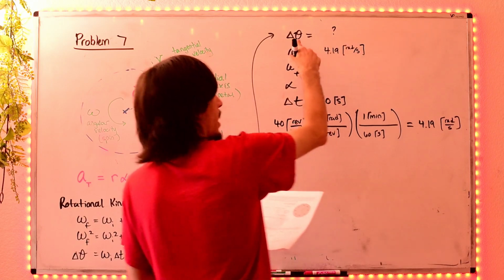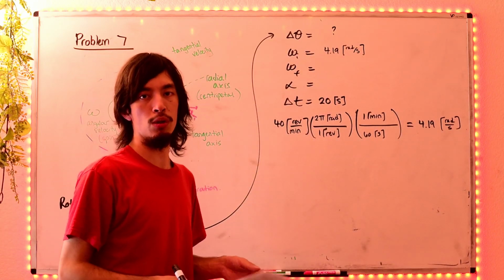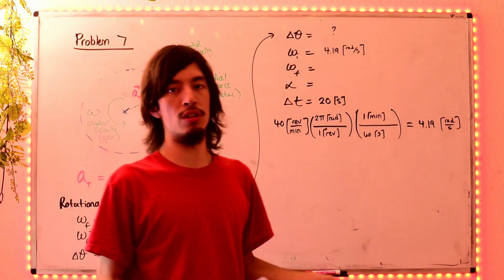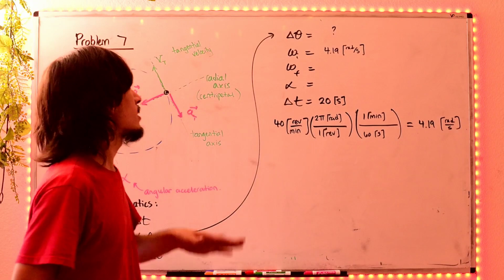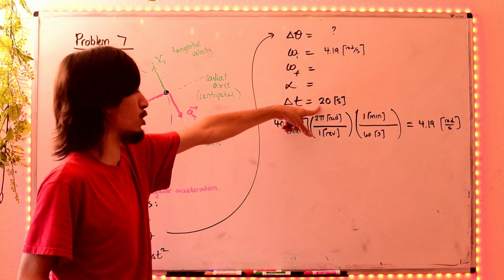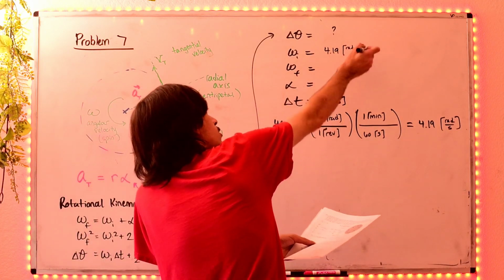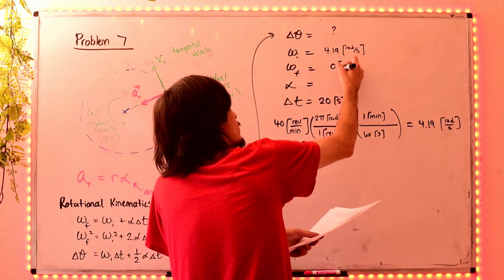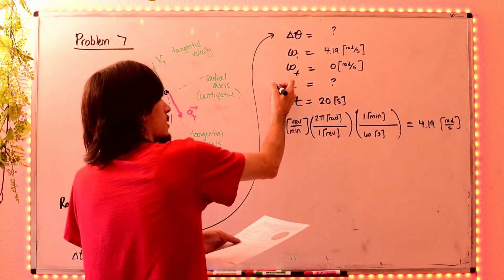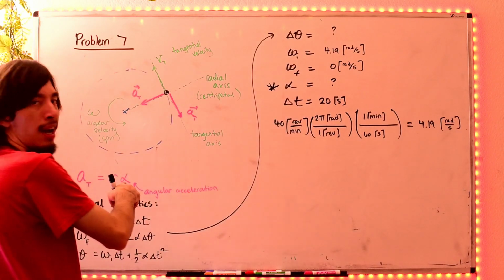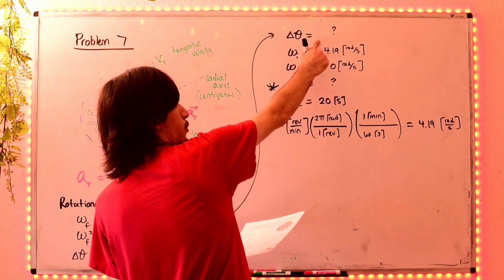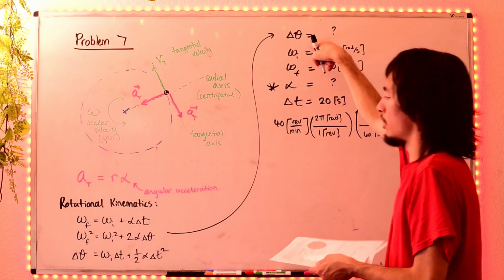We don't know how much angle the system turns through. The angle can be given in radians by default, or it could be given in revolutions or even degrees. But that would have to be the total angle that the system spins in 20 seconds, which we do not know. We do know the angular speed initial. We know what it is final. It's at rest. It's not spinning anymore. And we don't know the angular acceleration, but we want to find that so that we can plug it back into the tangential acceleration. So we're going to avoid using the angular displacement since we don't know it,